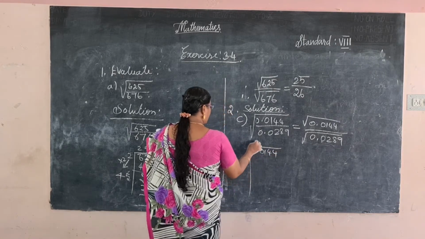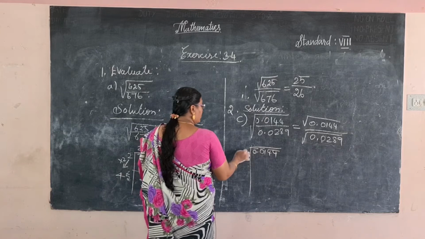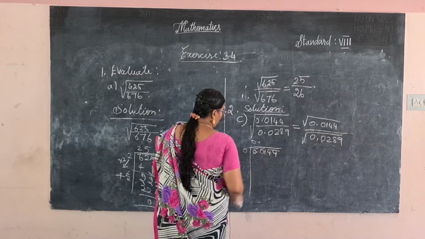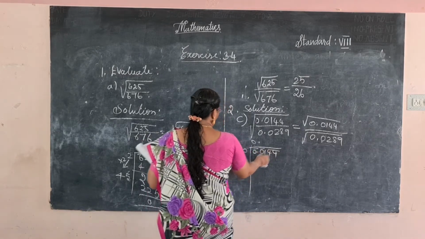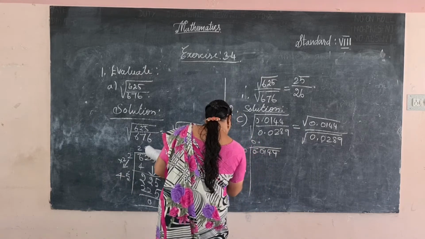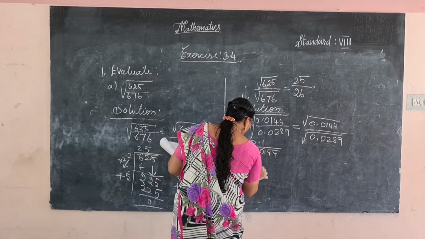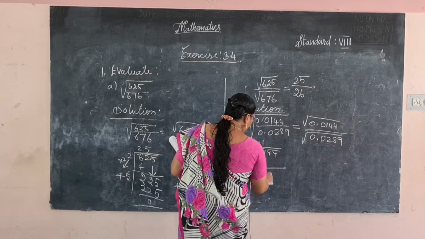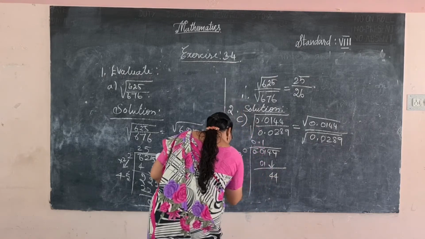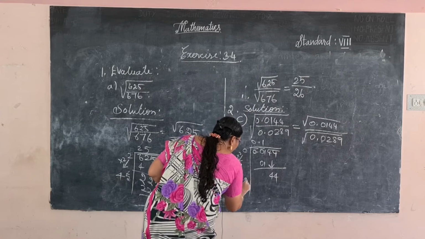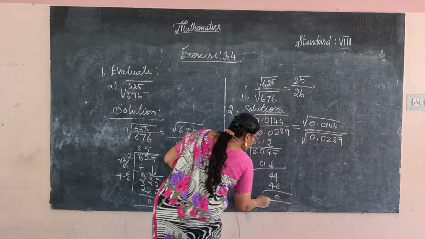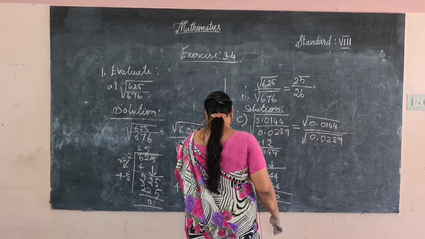0.0144. Okay, first divide the digits in pairs. So 0, put the decimal point, and then how many decimals? 0.1, 0.1 is there. Okay, so multiply by 2, we get 0. So 1 times 1, so 1. Okay, so the remainder will be 0. Now bring down the next two digits. Here multiply by 2. So 2, which number to multiply? We get the value of 44. 22 2s are 44. So the remainder will be 0.